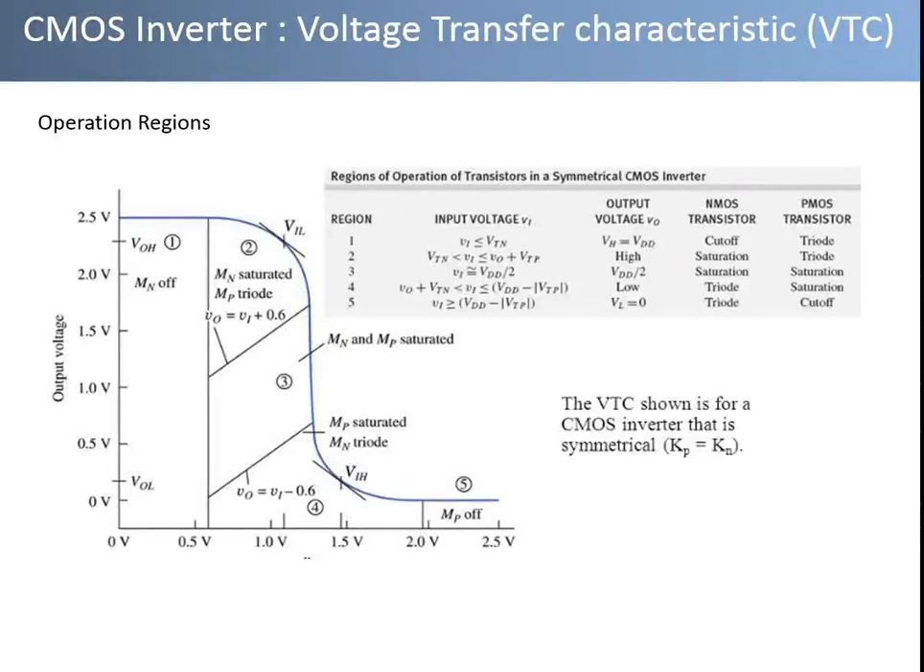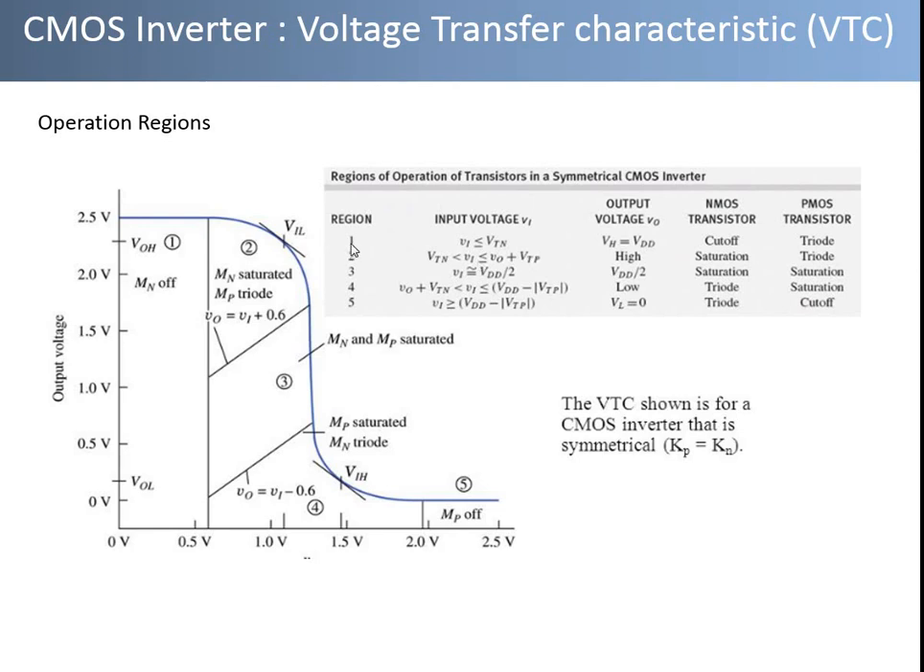Now from the VTC of the inverter, we can easily identify 5 regions of operation, and these regions depend upon the values of Vin and Vout. In each operation region, the NMOS and PMOS transistors can be either in cutoff, triode or saturation mode. The operating modes of both transistors in different regions of operation are shown in this table, and we can see